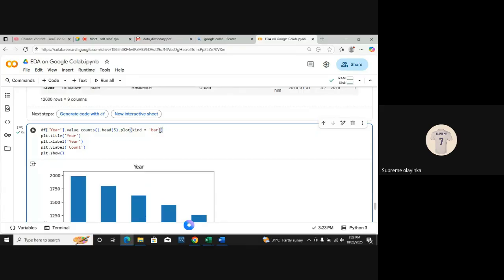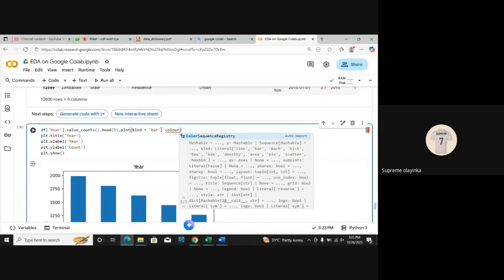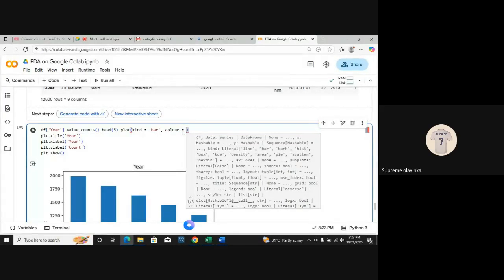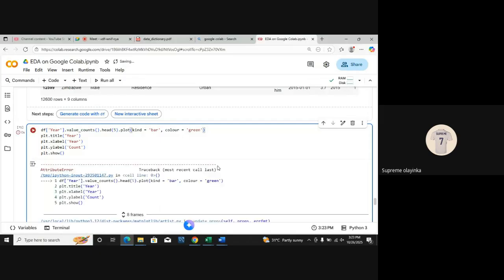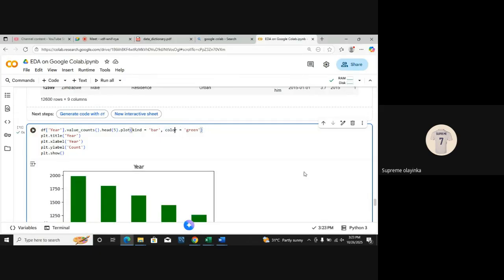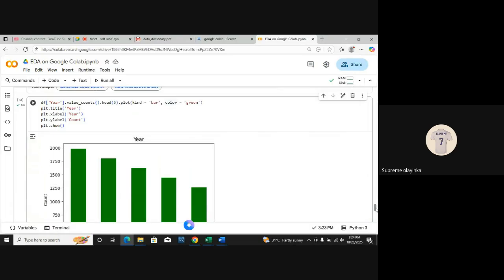Okay, I think we can even edit the color, I guess. Something like color here. Okay, so the color here, before you write the color, it's not British English, I think, but American English. So you have to remove the U. So if you want your bar chart to be in green, you can just change the color.